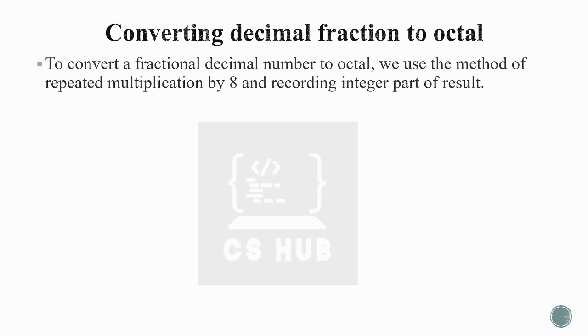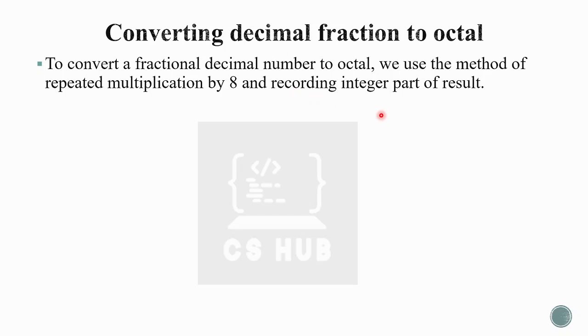Next, converting a decimal fraction to octal. To convert a fractional decimal number to an octal number, we use the method of repeated multiplication by 8 and recording the integer part of the result. The steps are similar to the decimal conversion. Here, instead of repeated division, we are using repeated multiplication by the base of octal, that is 8. In decimal to binary, we repeatedly multiplied using 2, and here we are repeatedly multiplying using 8